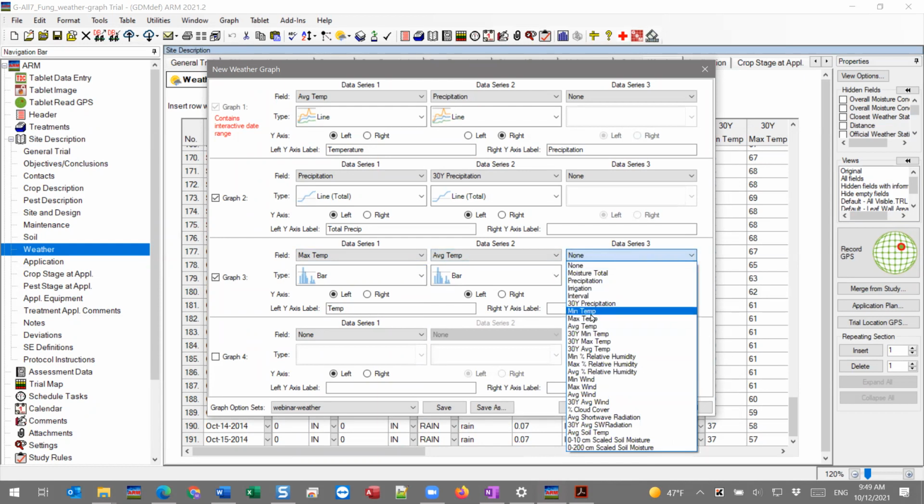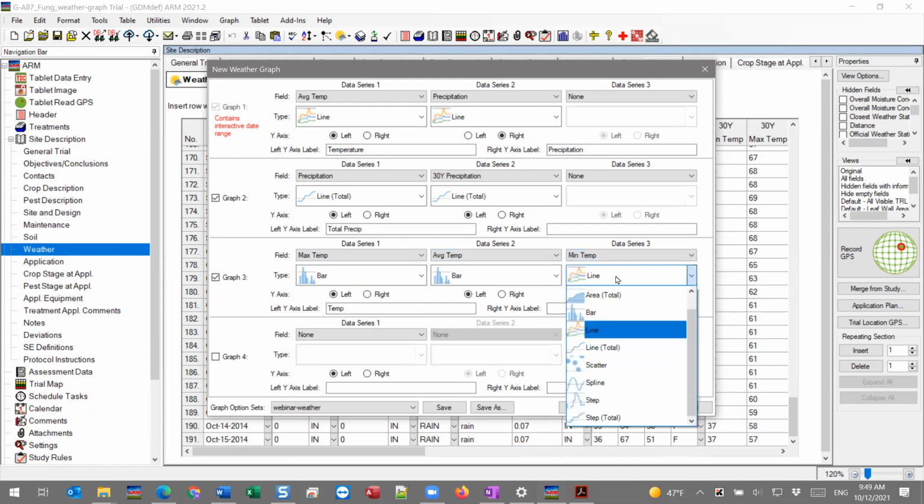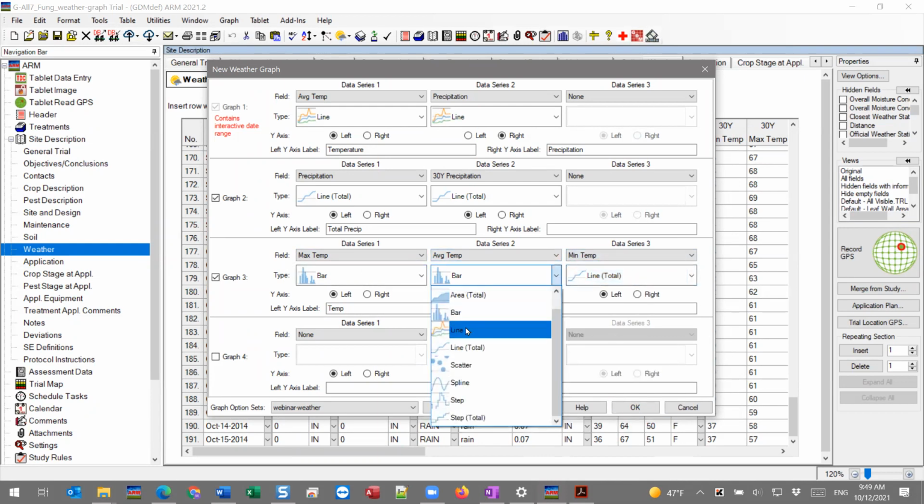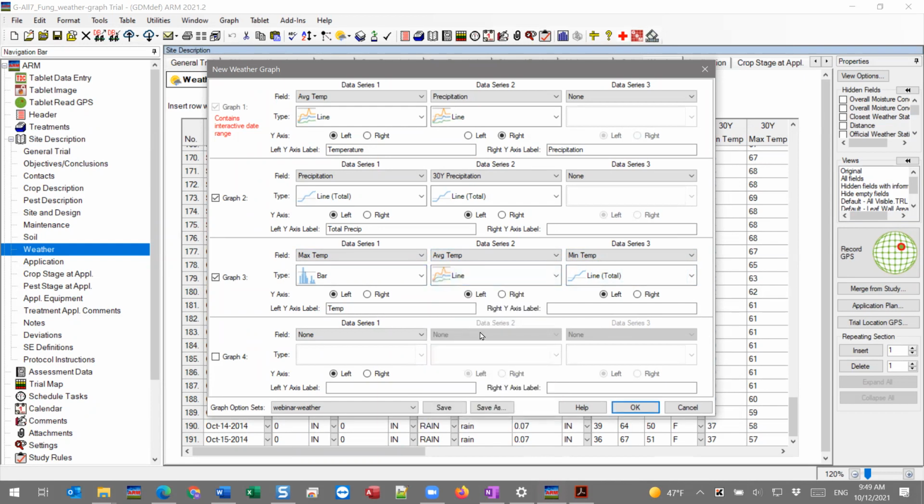And actually, I'm going to take this one step further and do the minimum as the third data series, and then bring in the average temperature. It doesn't really work to try to have a third bar graph in there because something's going to get drawn over the top of it if we do that. But if you put in a line in between,